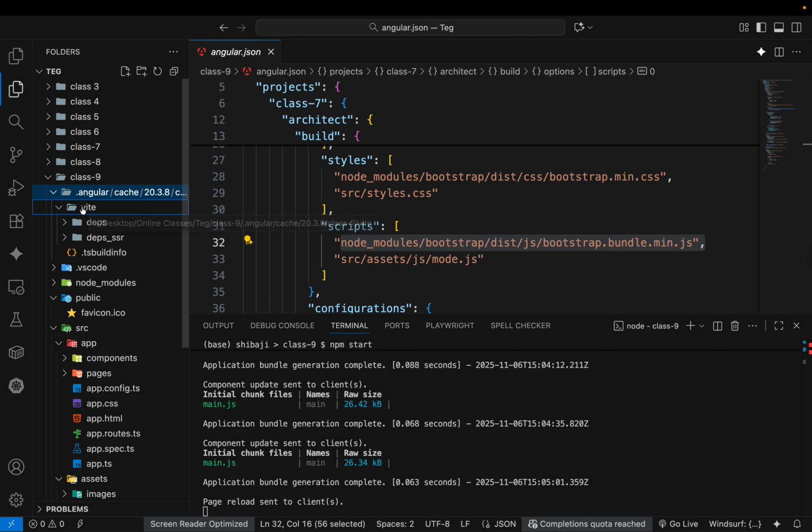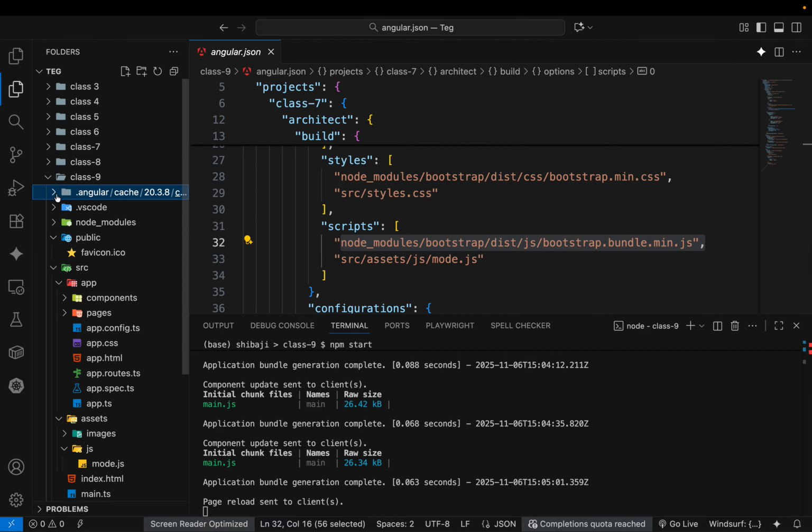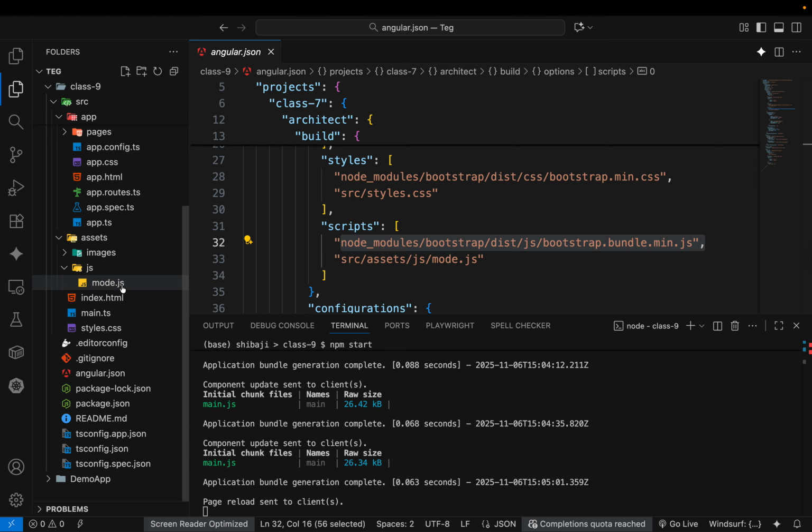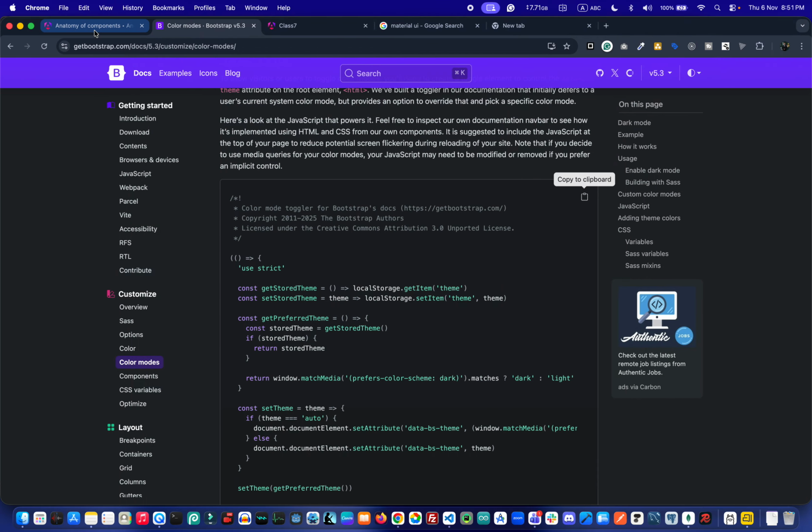Basically you have already seen the Vite framework working internally. So this Vite framework needs to render everything in this section, and once it renders properly,